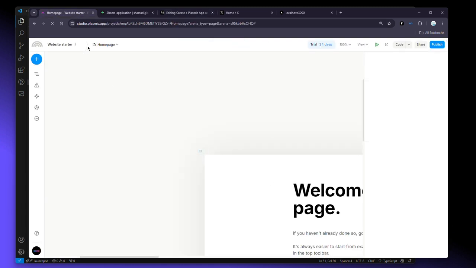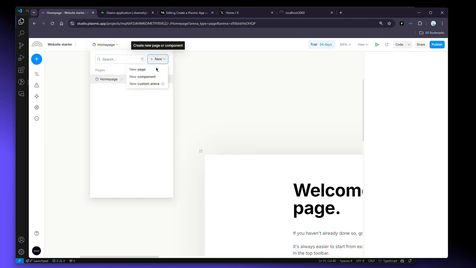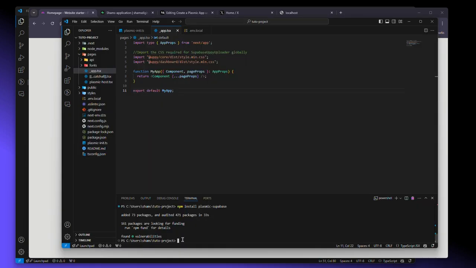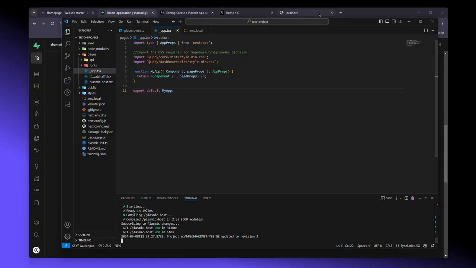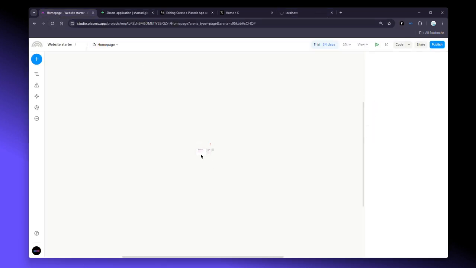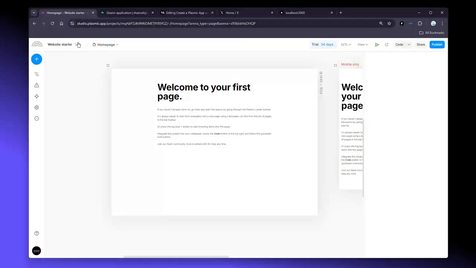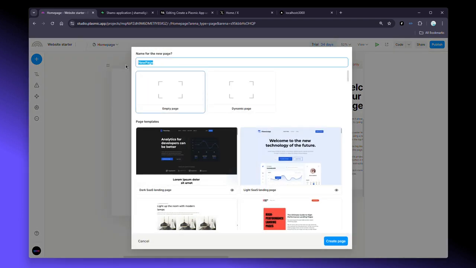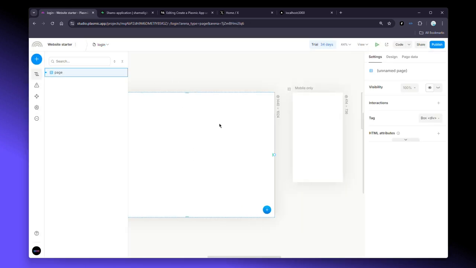Let's create that. Go to your Plasmic app, front end side. Let's create new page. Let's name it login. We need to run our server, right? You need to keep that in mind. Yes. Okay, so go to our Plasmic front-end dashboard and let's create our first page. It should be login page. Login page. So let's click on page